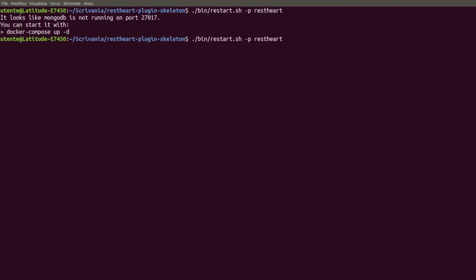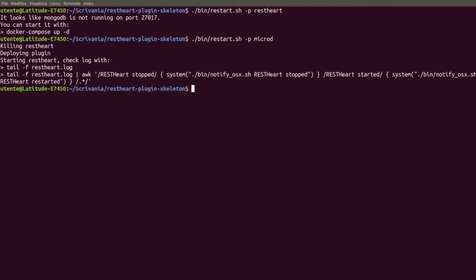We see instead that we can start the microd profile without getting any error simply because with this second profile it is not necessary to have the MongoDB service. Therefore, as I was saying, this can be used in the development of microservices. There are no errors. Therefore, let's make a curl http localhost 8080/srv call. And here we got a response.